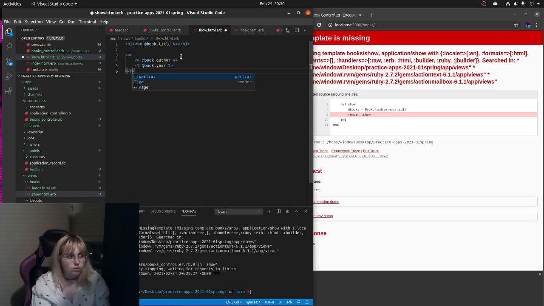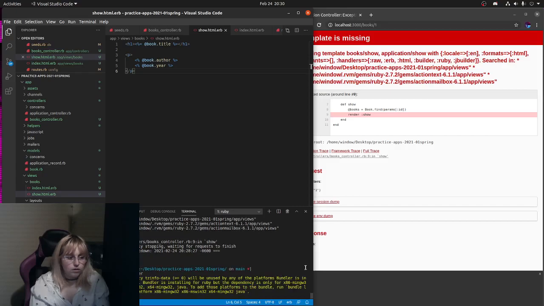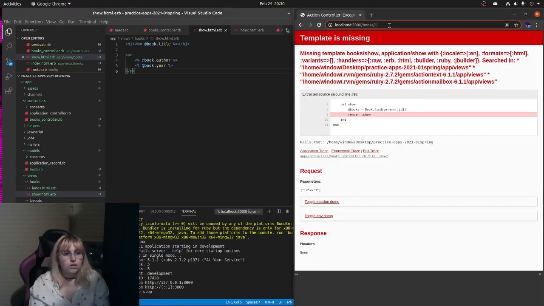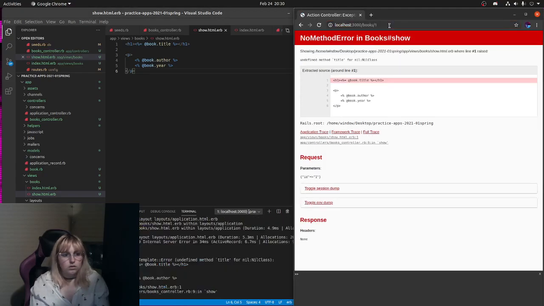So then we're going to close out that paragraph, my bad. So we're going to save that. We're going to save that, and we're going to run the server again. So Rails server, and